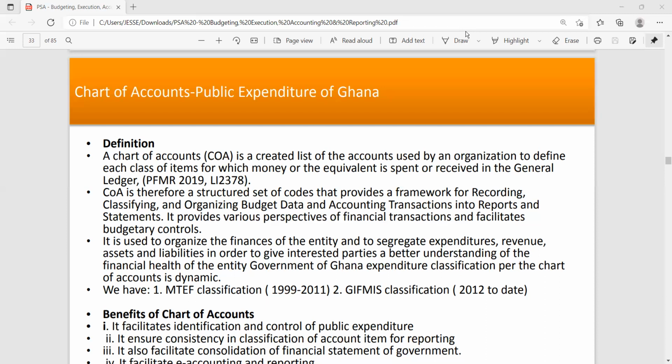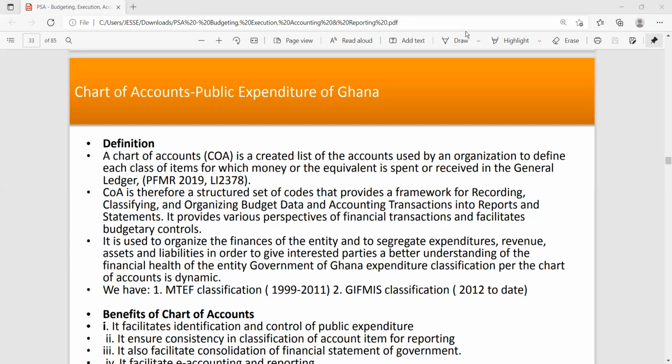So a chart of accounts is basically a list of accounts. And this list of accounts defines each class of items for which money is received or spent in the GL. So it's a very, very important definition. So what you need to know is, you have a list of accounts which tie into a class of items through which money is received or spent, just for identification and proper classification purposes. The chart of accounts is therefore a structured set of codes that provides a framework for